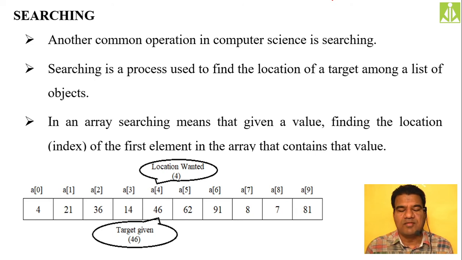If you're looking for a song, video, or movie to be played inside your computer or mobile phone, or if you want a particular contact to call or text, you will do searching, isn't it? You have to search for that contact, then only you can make a call or send a text. If you are searching for a website on the internet, generally we open Google and do the searching there. Like this, many different types of searching we perform.